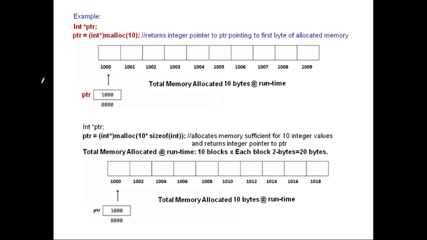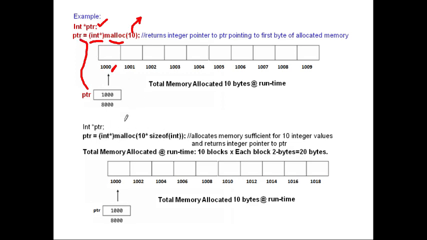Let us see a few more examples. Here we have declared a pointer variable ptr, and we are allocating memory of type integer. So this is malloc. The size of the memory is 10 memory locations, so 10 memory locations we are allocating, meaning 10 bytes of memory will be allocated, and the address of the first byte will be returned to the ptr variable. Similarly,